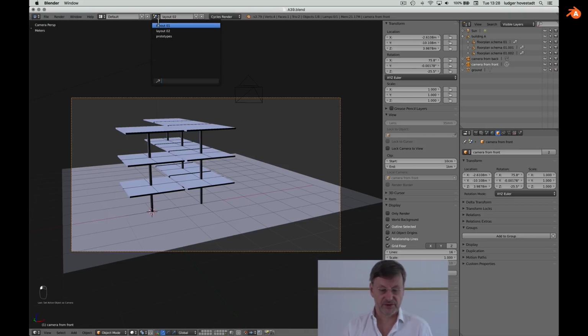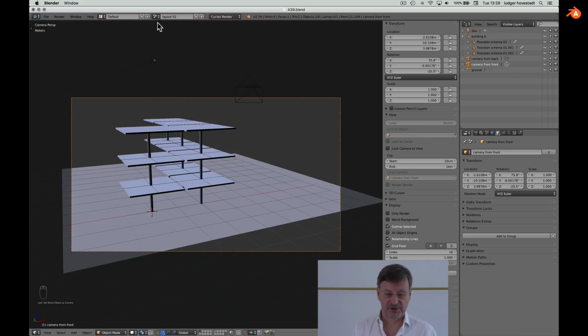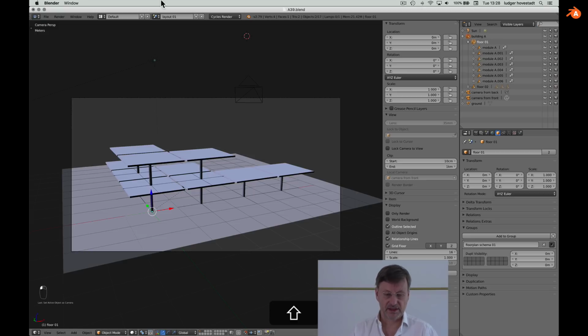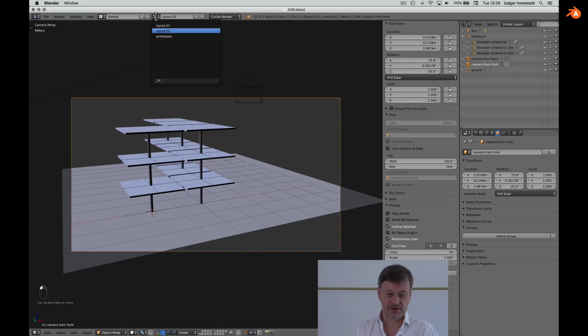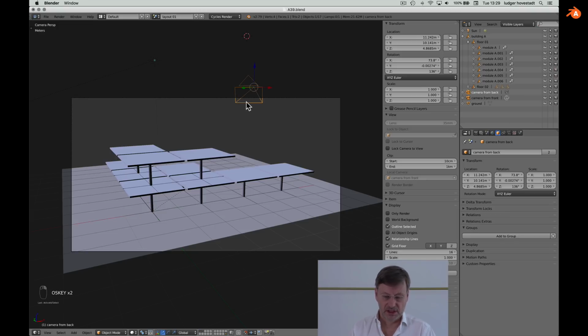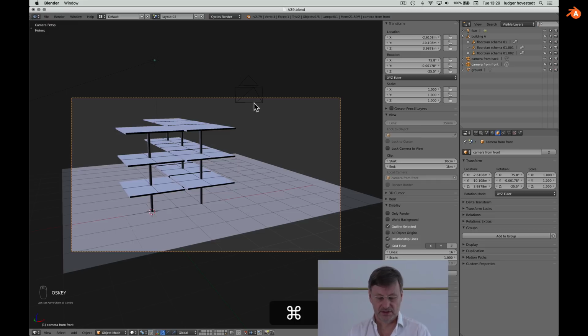So if we now go for layout 1, layout 2, same perspective, layout 1, we need to select these things, layout 1, layout 2. Now we go for the other camera and shift that, go for layout 2, go for the other camera,